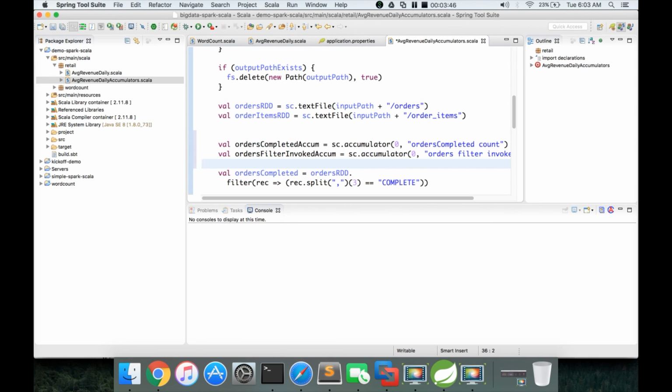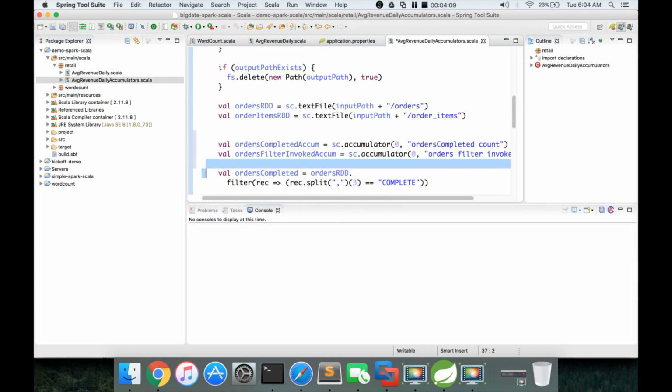If you revisit the program, the program has the logic to compute average daily revenue for completed orders. So first I have to understand the order status and filter the records which are in completed state.